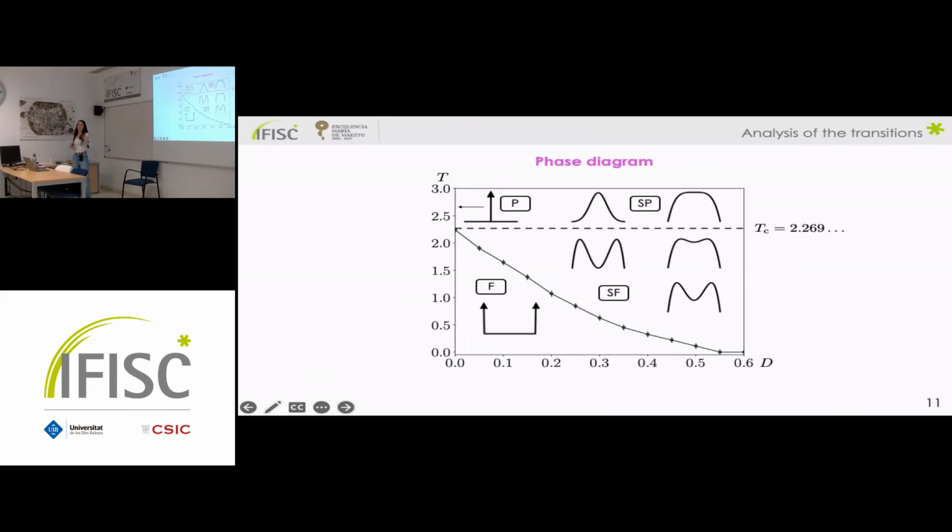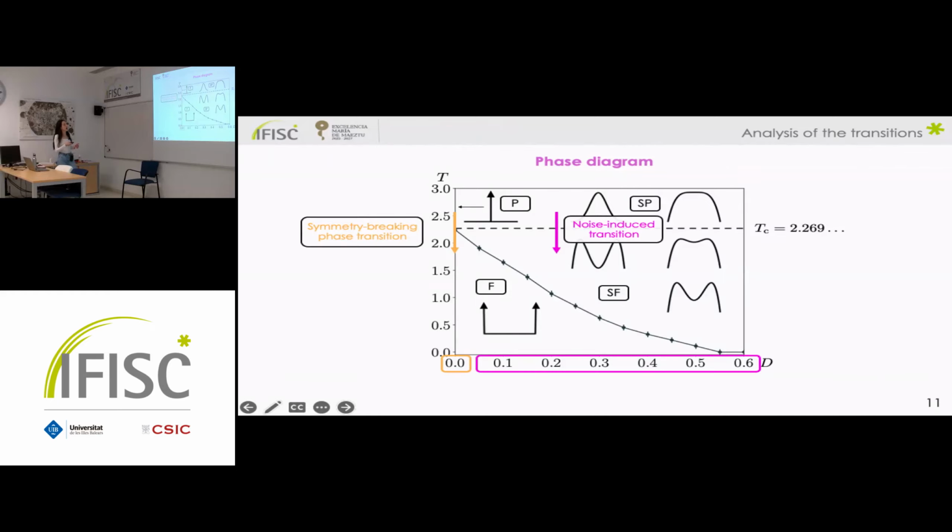So we have seen the different phases in the model, and now we can construct the phase diagram, and also we can analyze the different transitions between the phases. So here we have the phase diagram, we have temperature as a function of field intensity, and let's see what's happening here. Okay, here this is the well-known behavior for the model with no random magnetic field. In this case, there is the usual symmetry breaking phase transition between the paramagnetic and the ferromagnetic phases. And then in the model with a random magnetic field,